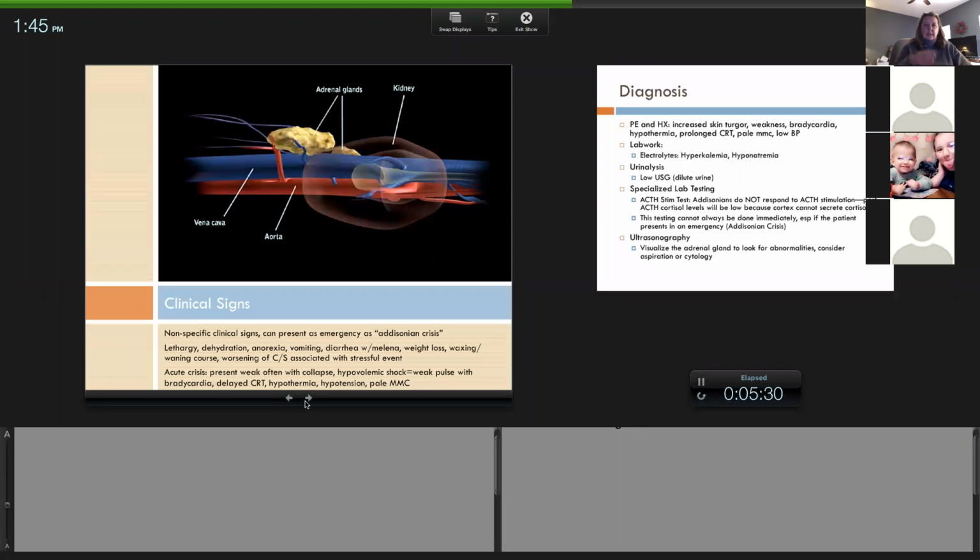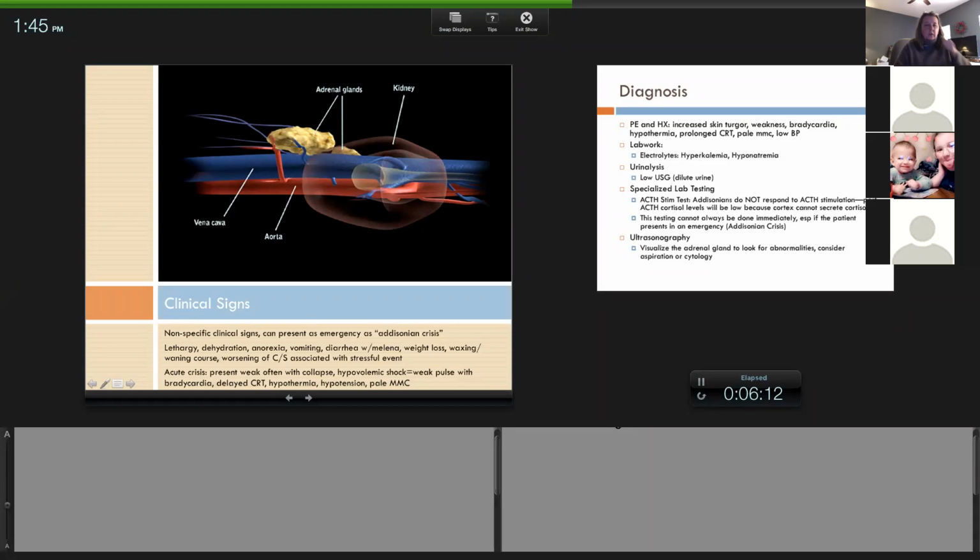Now, clinical signs. If I was going to pick a picture of an animal, I would show you a collapsed dog. But I like this picture because basically you have a kidney, you have your adrenal glands, and I have told you the reason the adrenal glands are where they are is if the animal needs to respond in stress, and one of the big things is maintaining blood pressure and blood flow during times of stress. That's why they are located near the aorta and the vena cava, because it can have a direct effect on blood flow. So that's kind of why I picked this picture, because it's so important.